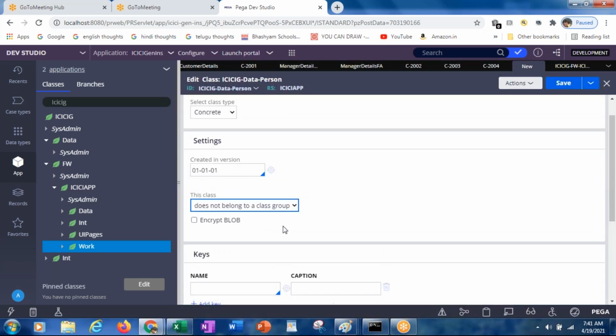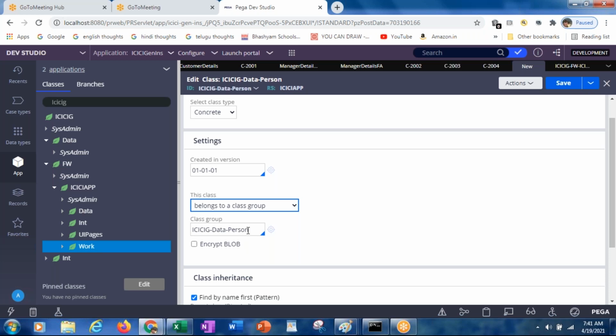But when you select belongs to a class group, it asks to which class group it should belong. Each class group can have a separate table, and all the classes that are part of that class group will be saved in the same table.